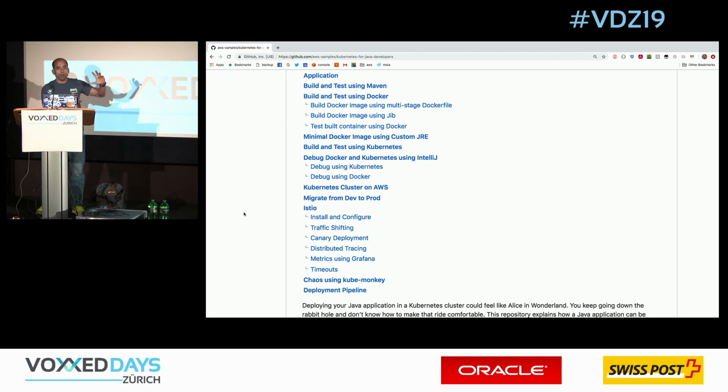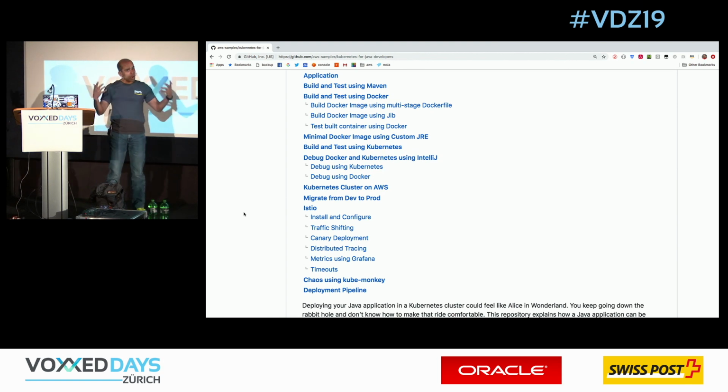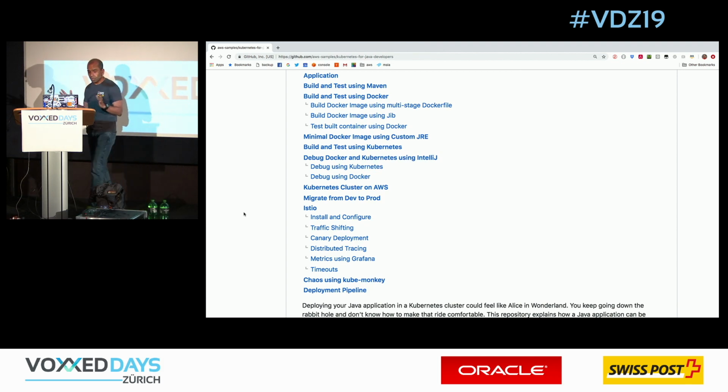But then I'll talk about how do I bring those tools, and in order to go to Kubernetes, you need a container. And the container format is Docker. So how do I Dockerize my application using my build tools? I don't want to learn a new tool chain at all if I can avoid it. Then we'll talk about some of those.